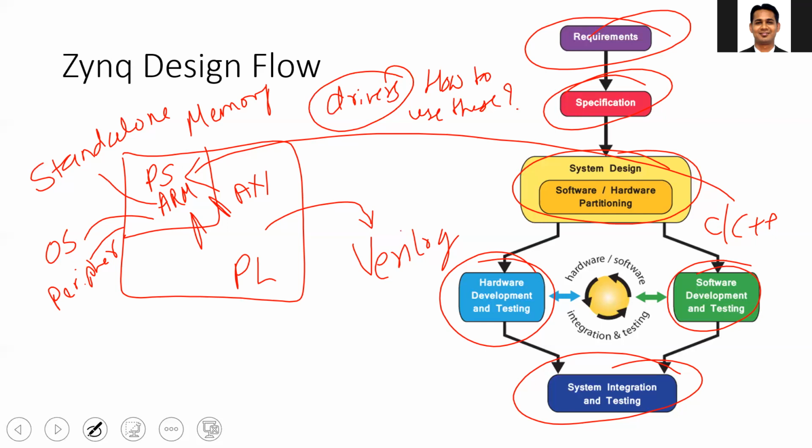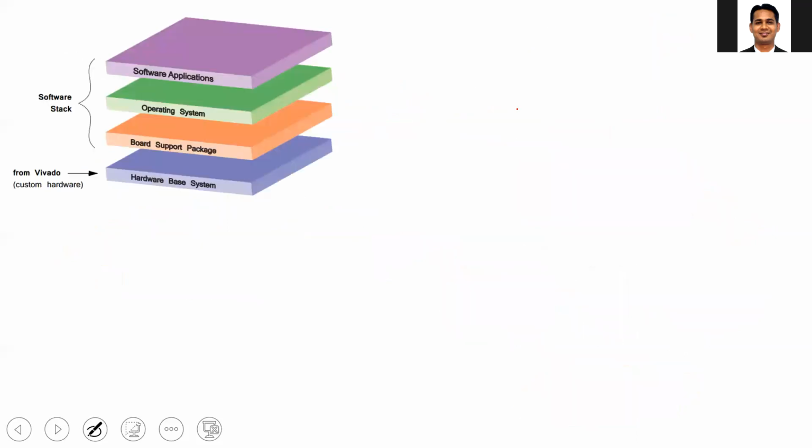You just need to understand how to make use of this driver. Whenever you do hardware-software co-design, you need to build the hardware-based system in Vivado to implement anything on the hardware. You need to decide among the peripherals like UART and SD card which ones are to be activated and which you don't want, so they can be disabled.